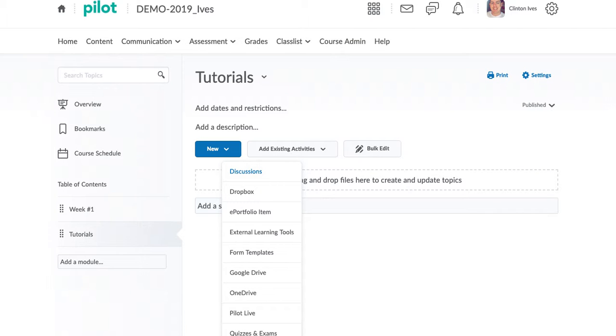Hello and welcome to the Adding Third-Party Content to Desire to Learn tutorial. The goal of this tutorial is to show how to integrate third-party content into the Desire to Learn learning management